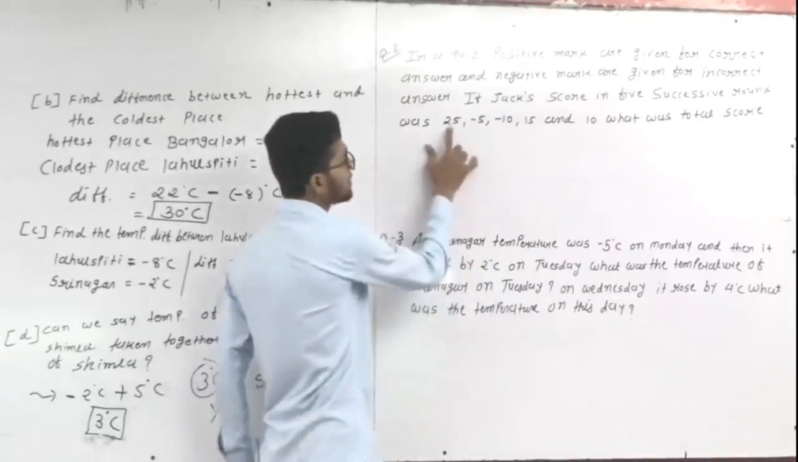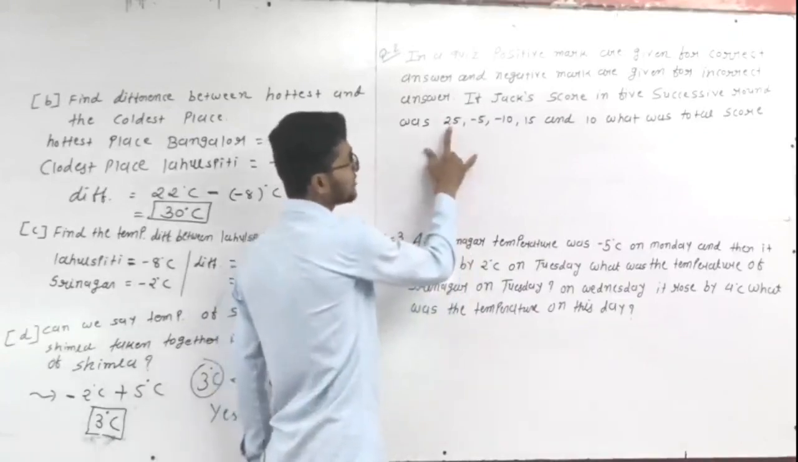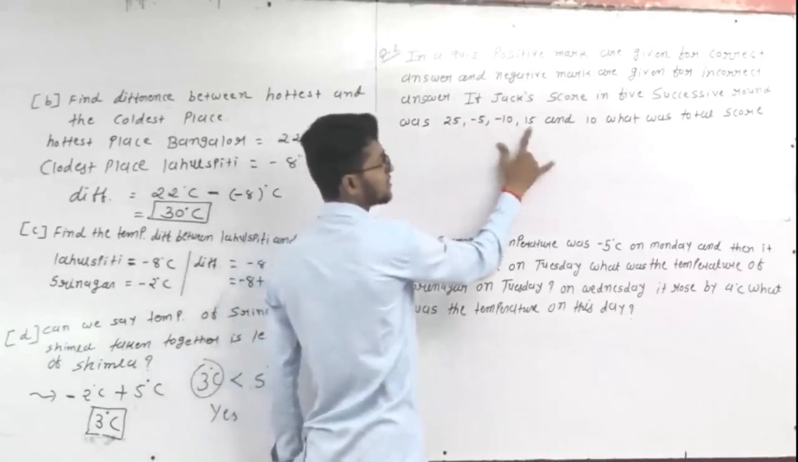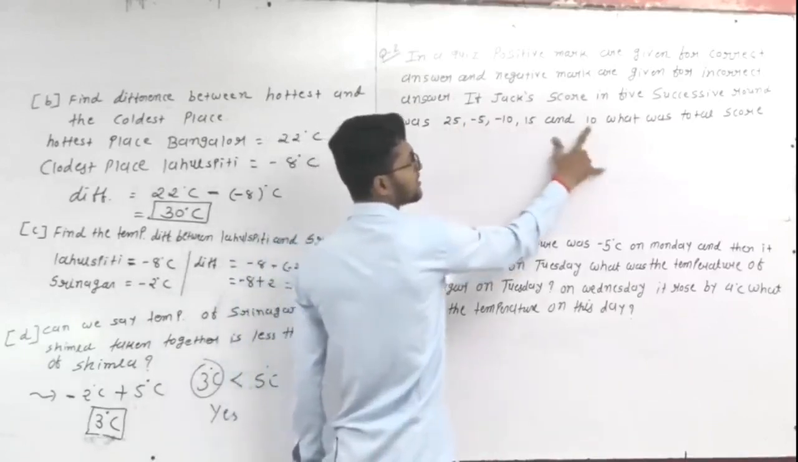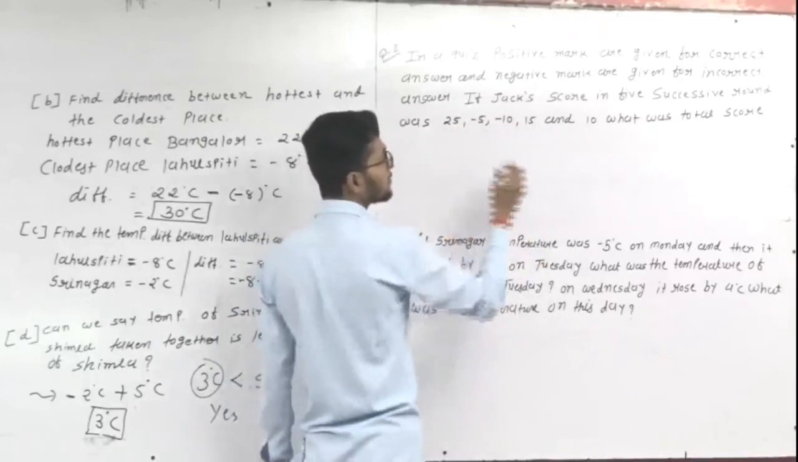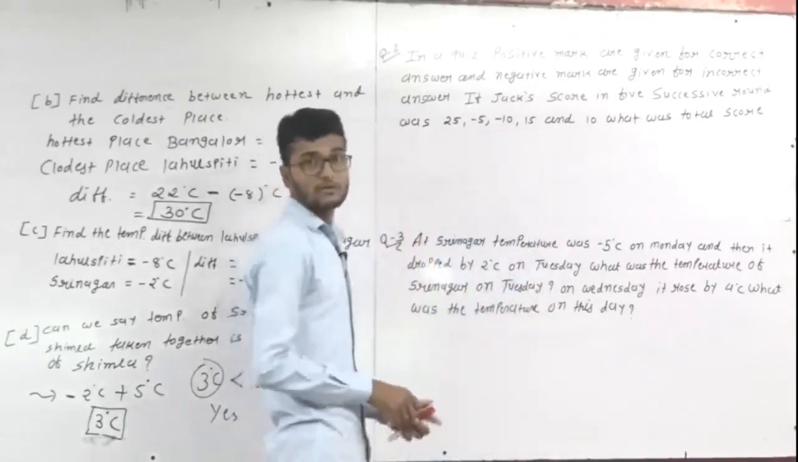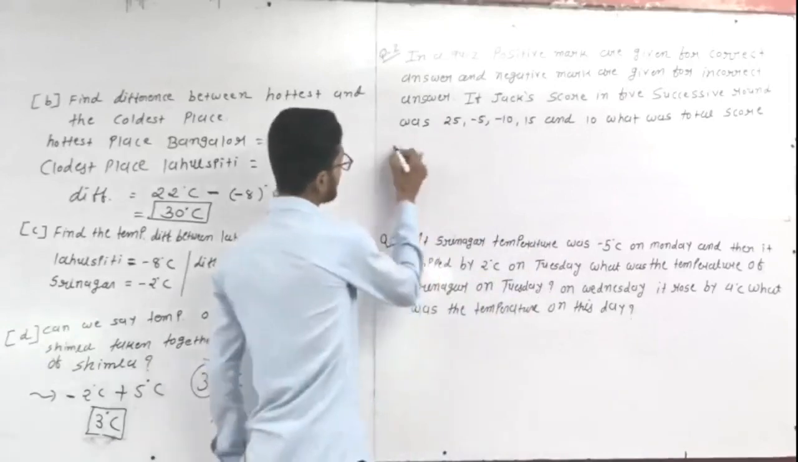So 25 means this one is a correct answer score. This one is an incorrect answer score. This one is an incorrect answer score. This one is a correct answer score. And this one is a correct answer score. Now we will find the total score after the 5 successive rounds. So students, total score